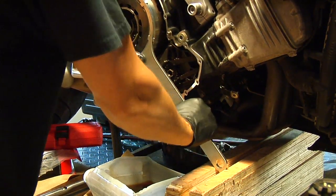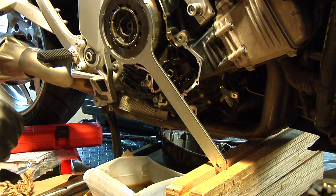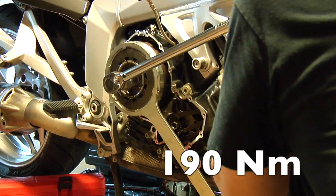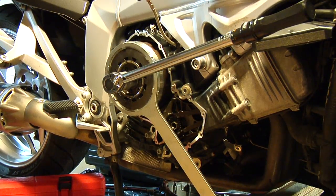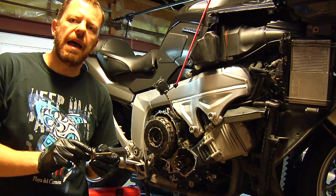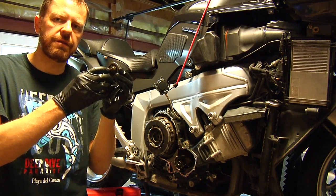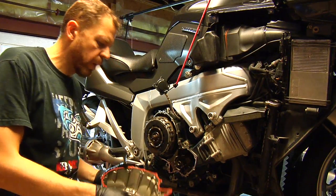Now that this arm is stable here, I'm gonna use both hands to torque the nut to 190 Newton meters. Here we go. After the nut is torqued, you have to install the bearing and the thrust shaft. When reinstalling the